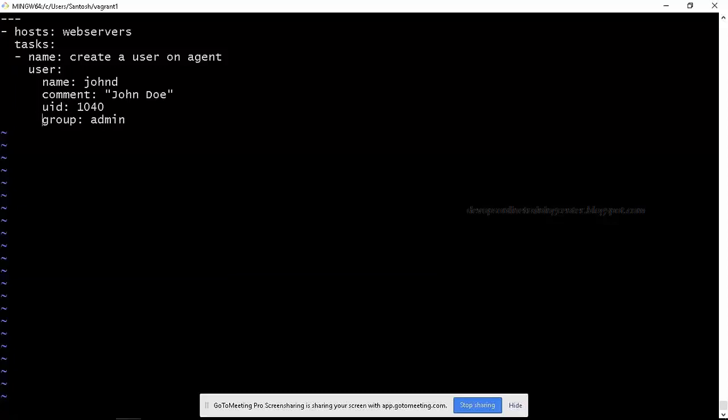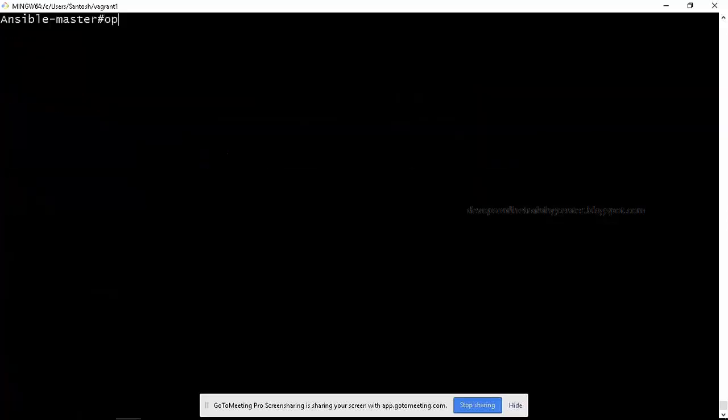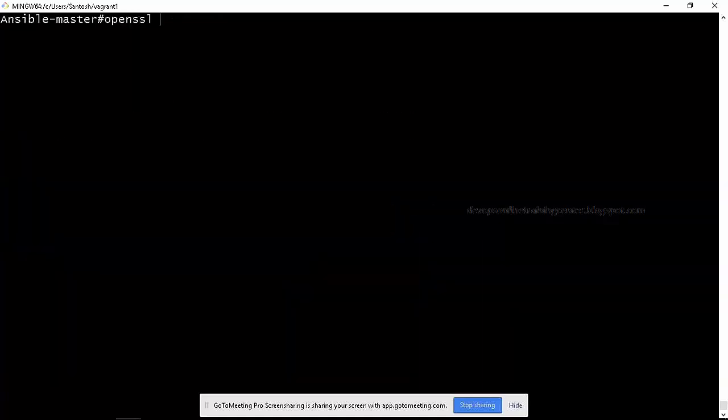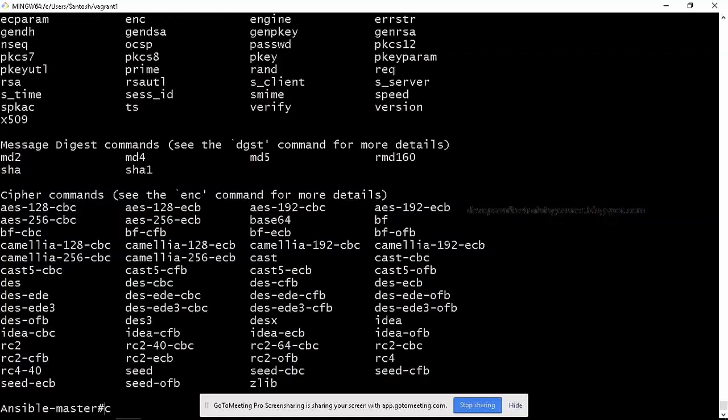Also, let us say we need to give a password for the user. So how do we give a password? We cannot give the password directly, like root123, in the playbook, right? It has to be encrypted so that nobody is able to see it. There is a command, OpenSSL passwd -1 or something.